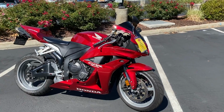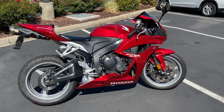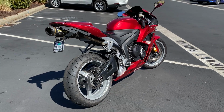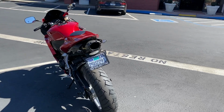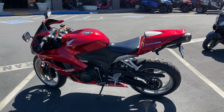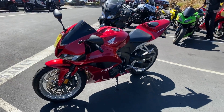It's got the blacked out windscreen, fender eliminator. It's got an awesome sounding Two Brothers, new tires, rear seat cowl, adjustable levers, really cool bike. It's got a lot of curb appeal, only